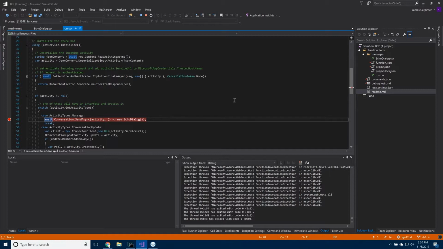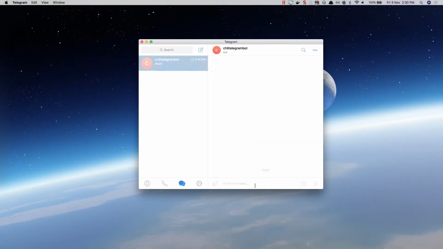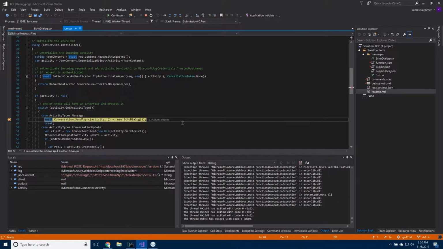So let's switch over to the Telegram app that I have installed locally and connect to our bot and see how we can debug through this. If I click Start, I immediately get a message from the Telegram bot. So that message has gone from Telegram, it's gone to the bot connector service in the cloud. The bot connector service has been able to take my API key that I've just provided it,